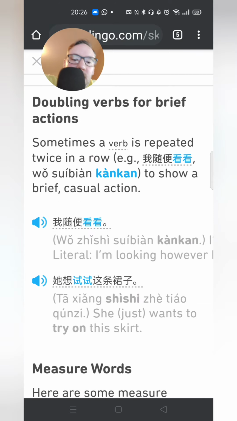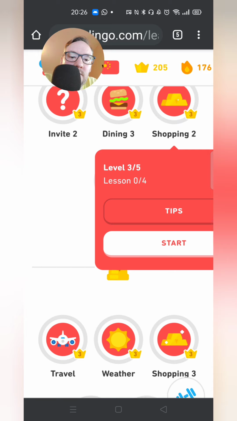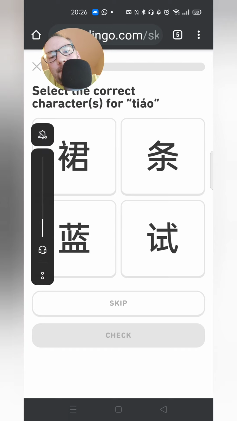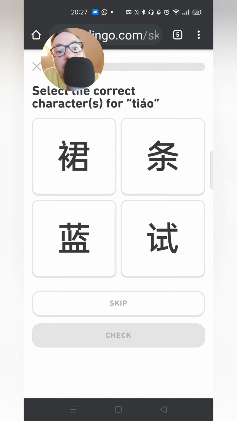Okay, let's do the lesson then. 脚. I wonder if I've got the volume up. Hang on. Yes. Oh, yeah, okay. 脚. I hope this doesn't change the volume of the recording now. Oh, I better check actually. Yes, testing, 1, 2, 3.